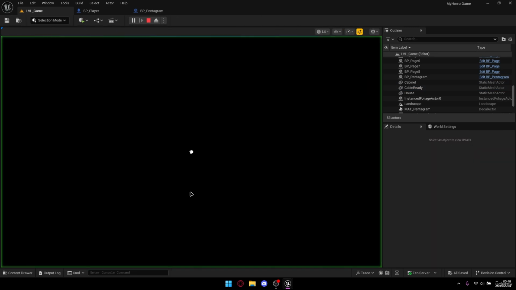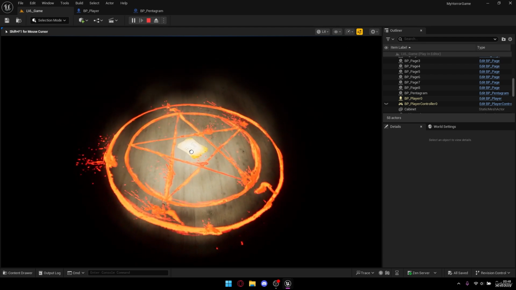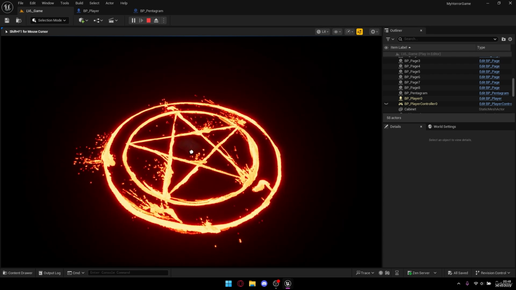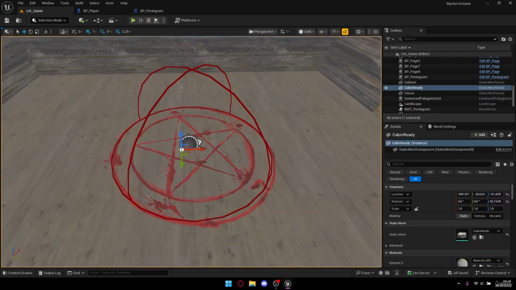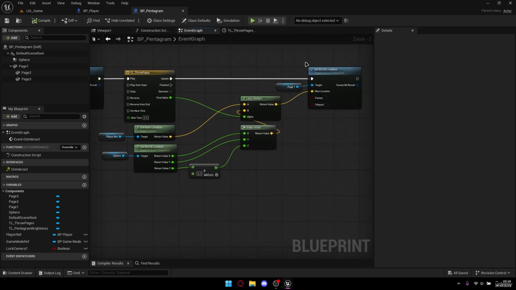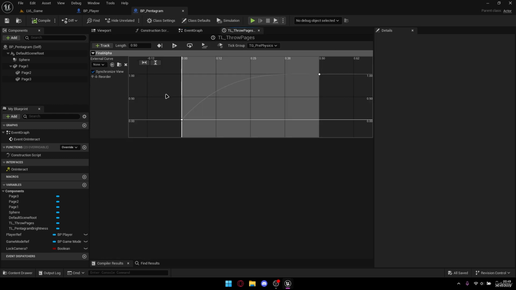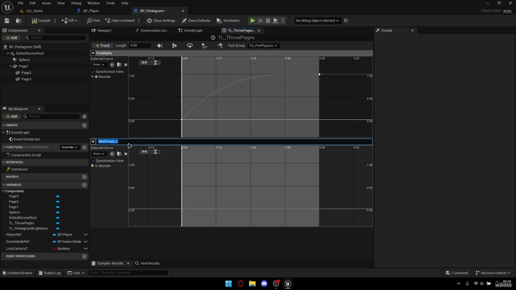and let's test this. Now if I interact with this, you can see these pages are getting thrown onto that pentagram and everything is working fine. But to make this look even better, we can just create a rotation timeline. But we don't need to create a new timeline. We can just create a new alpha track right here. So let's just create a float track, and it will be called rotation